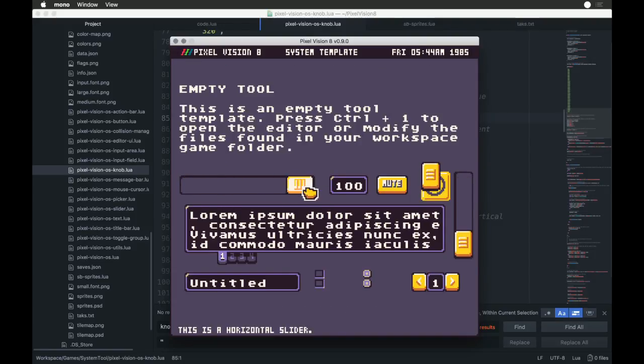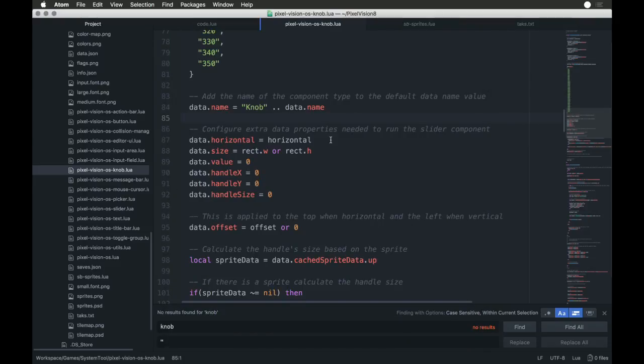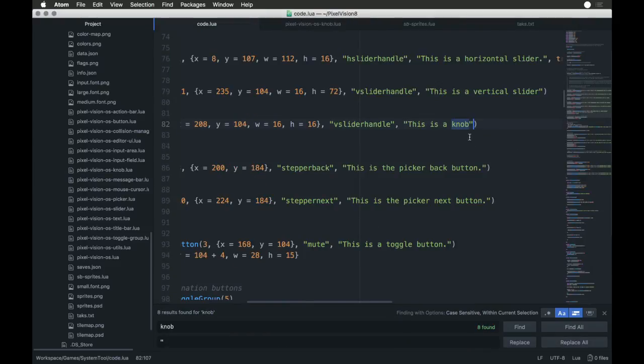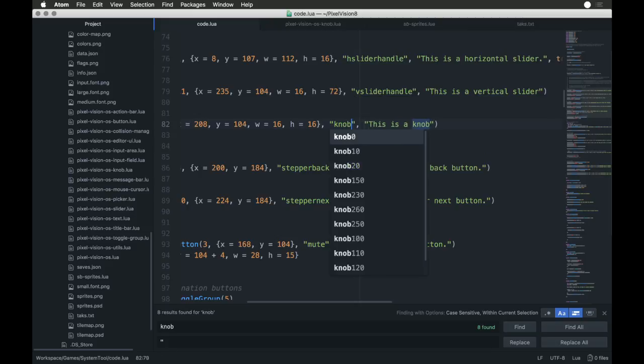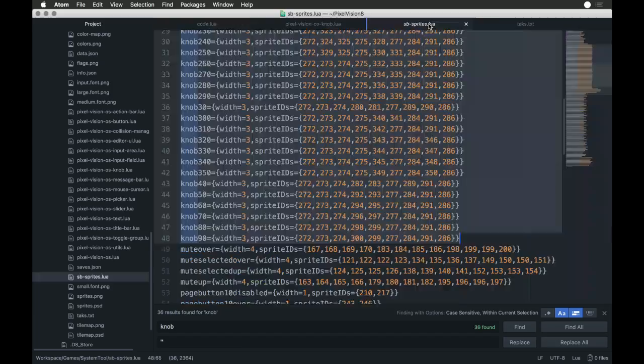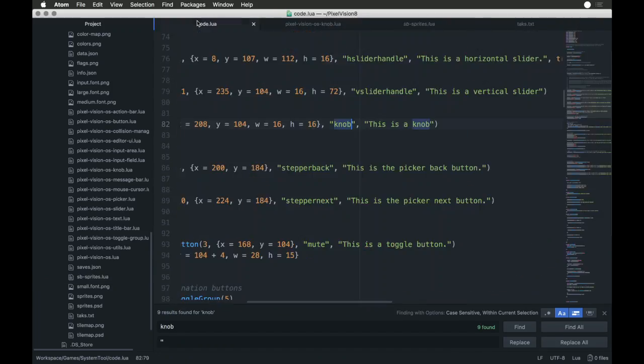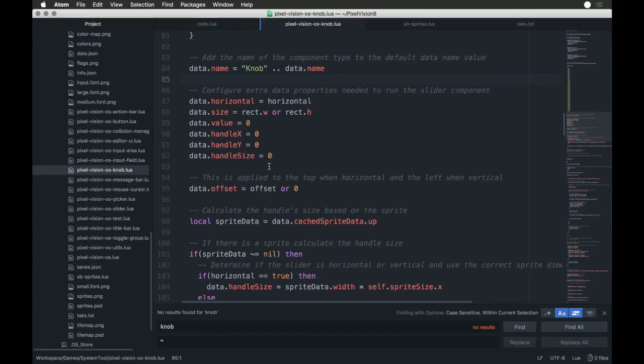I don't think I've ever built a UI element like this before. In my head, it seems pretty clear. Okay, so the real trick now is we are going to change this to knob, right? Our sprites is knob, whatever. And we are going to take the